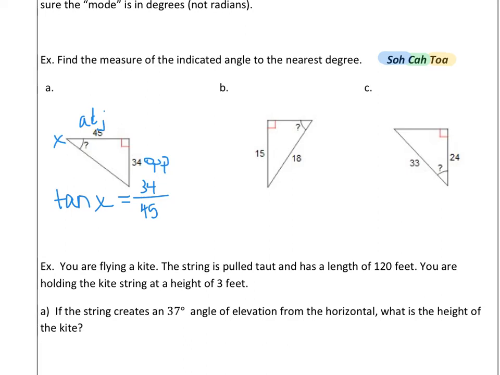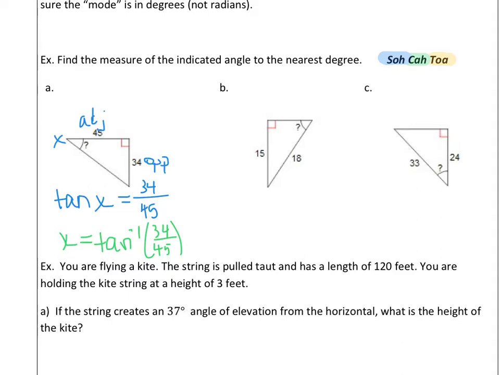So I'm going to undo the tangent, which is called inverse tangent, because I want x by itself. So I'm going to undo tangent, which gives me just an x on the left side of the equation. And I have to undo tangent on both sides of the equation. So I have inverse tangent of 34 over 45. And then I type that in my calculator. So I'm going to push second, tangent, and 34 divided by 45. And that gives me about